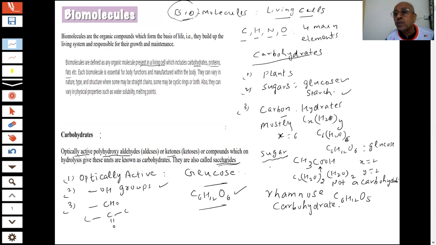So, that is sucrose. What we are using is sucrose. This is a sugar, this is a carbohydrate, and they are sweet in taste. The sugars are sweet in taste, students. Chini, you know about chini, this is always sweet. So, the most common sugar used in a home is sucrose, and also in the milk,